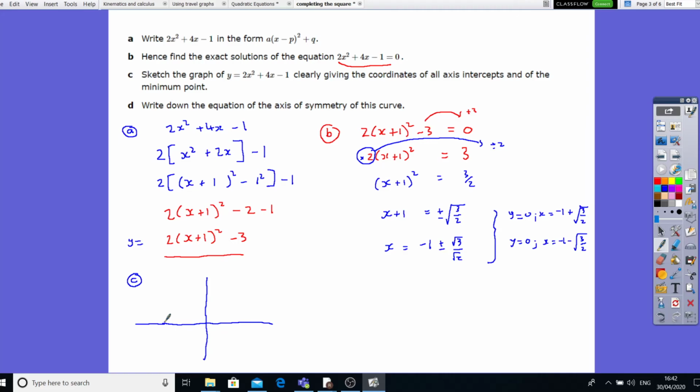Both going to give me negative roots, so I'm just going to do the graph in red. The graph's going to go through minus here, another point here, and it's going to, when x equals 0,